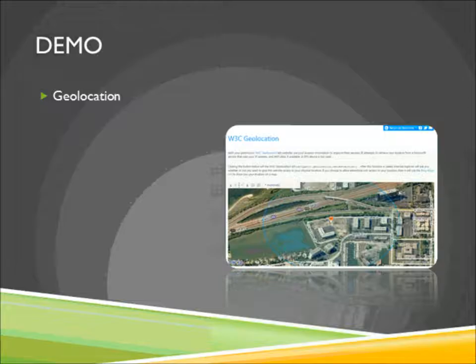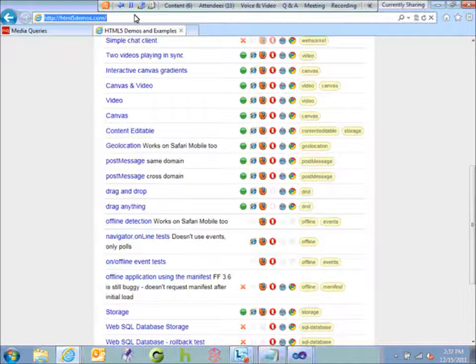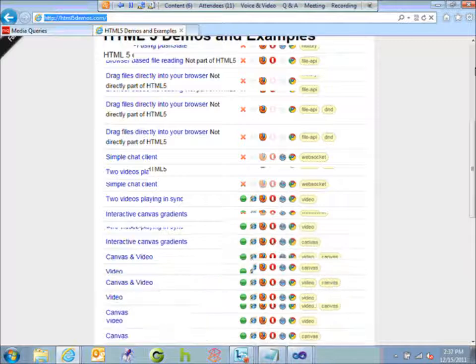Okay. So one thing I pointed out in the last session, but there's a site out there called HTML5demos.com. There's a bunch of sites that exist to help you out in learning HTML5 and the various components of CSS and JavaScript and all that good stuff. So we have a bunch of resource links on this slide deck as well as from the slides from our last session. But HTML5demos.com is a good site because it tells you, let me scroll up to the top, some